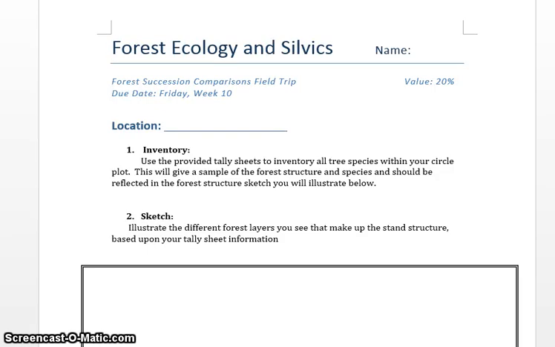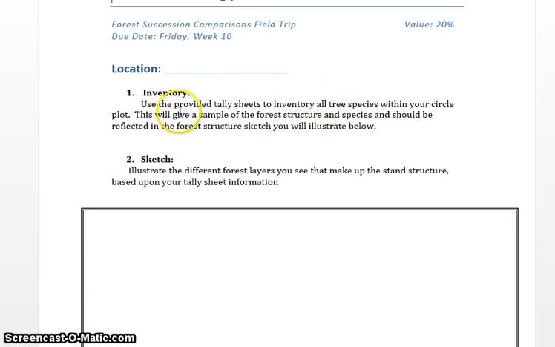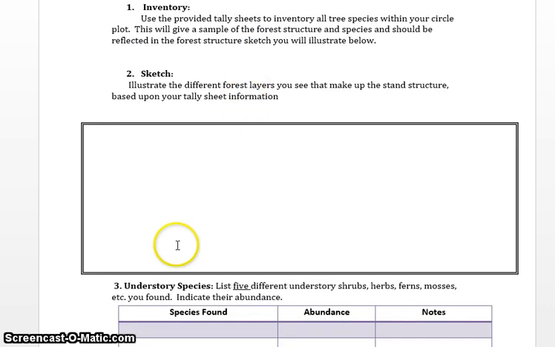In this video, I'm just going to go over some of the basics on this, what to expect for this assignment, and just some follow-up stuff that may be overlooked as we get into the rush of the lab. So anyways, going down this list, inventory, you're going to use the tally sheet. There's another little video about the tally sheet that you can check out. You're going to do this form on every site that you go to, so 4 different forms for 4 different sites. Okay, the sketch. So you're going to draw in,